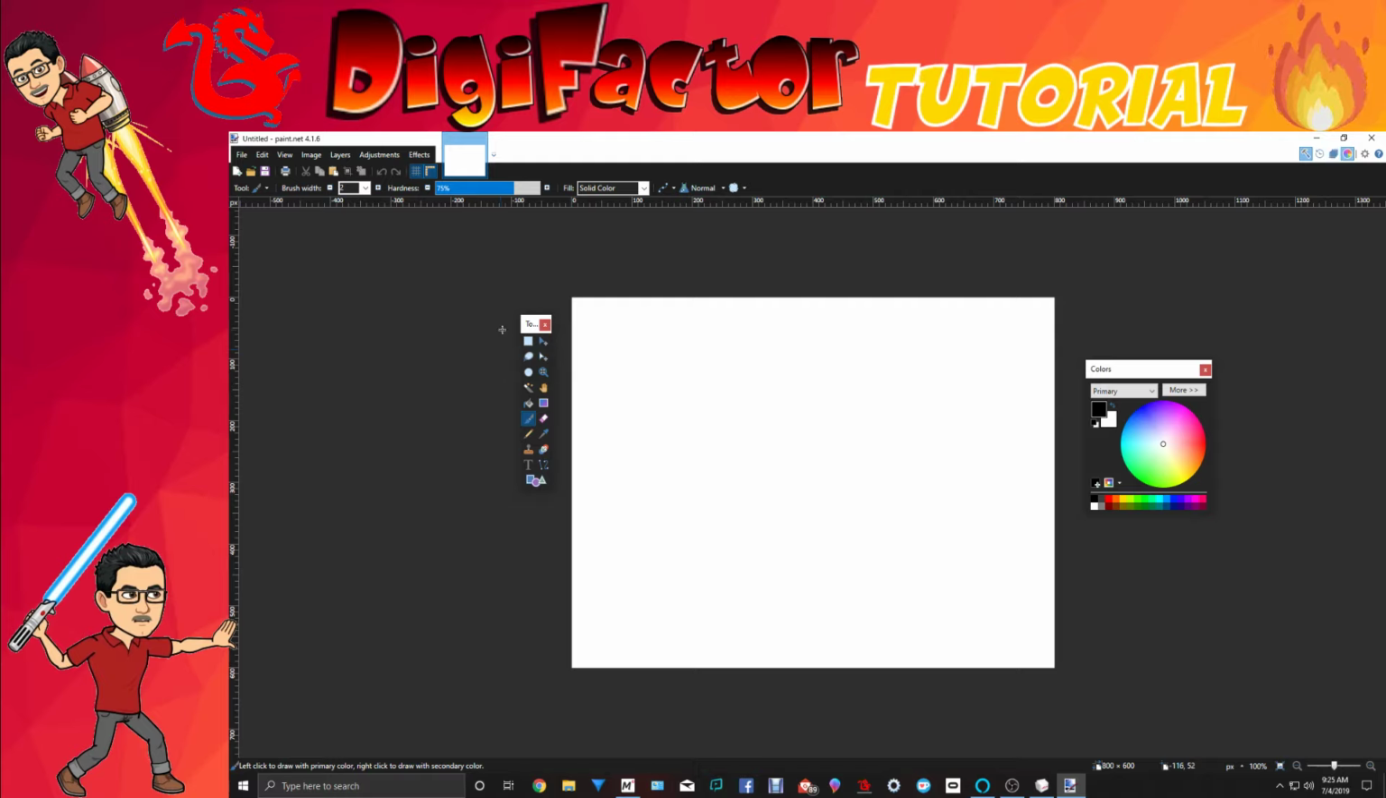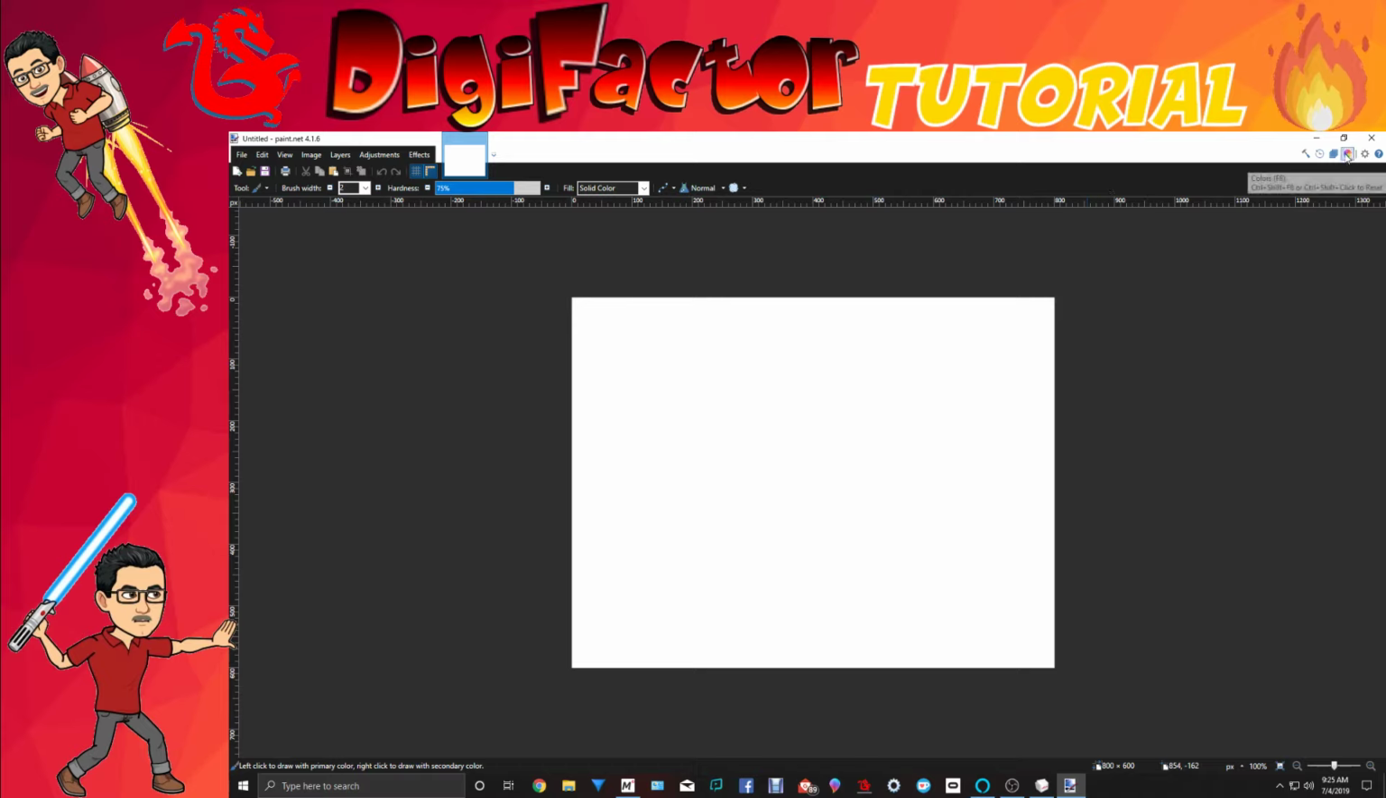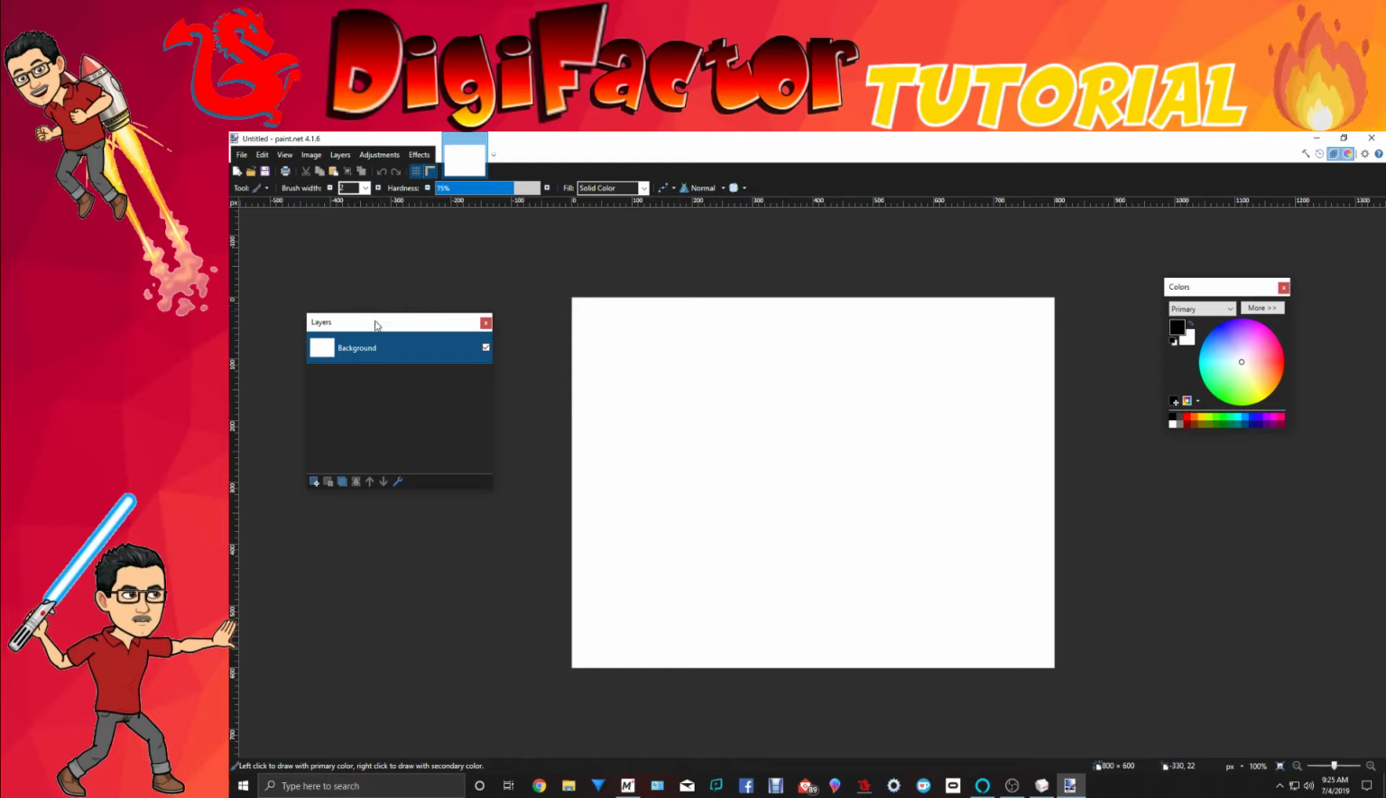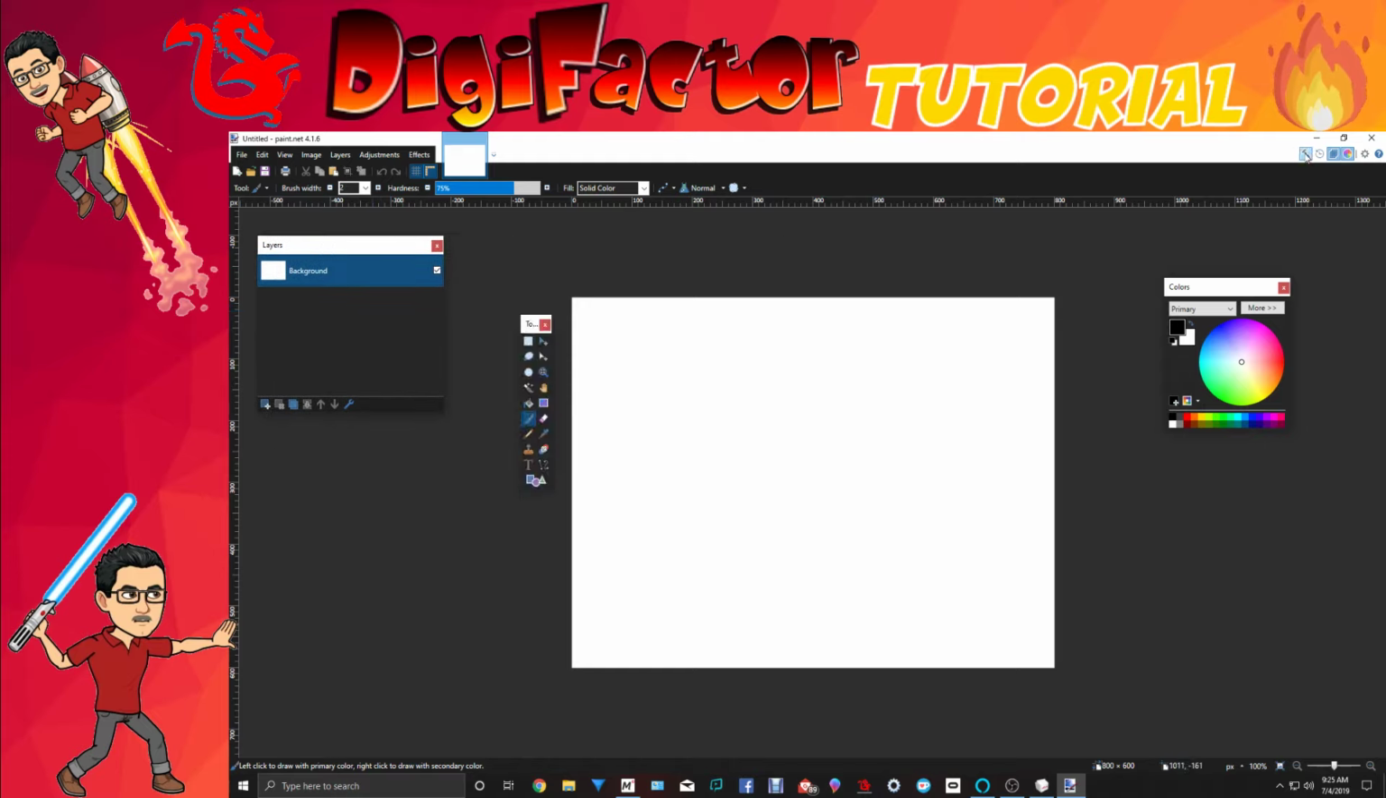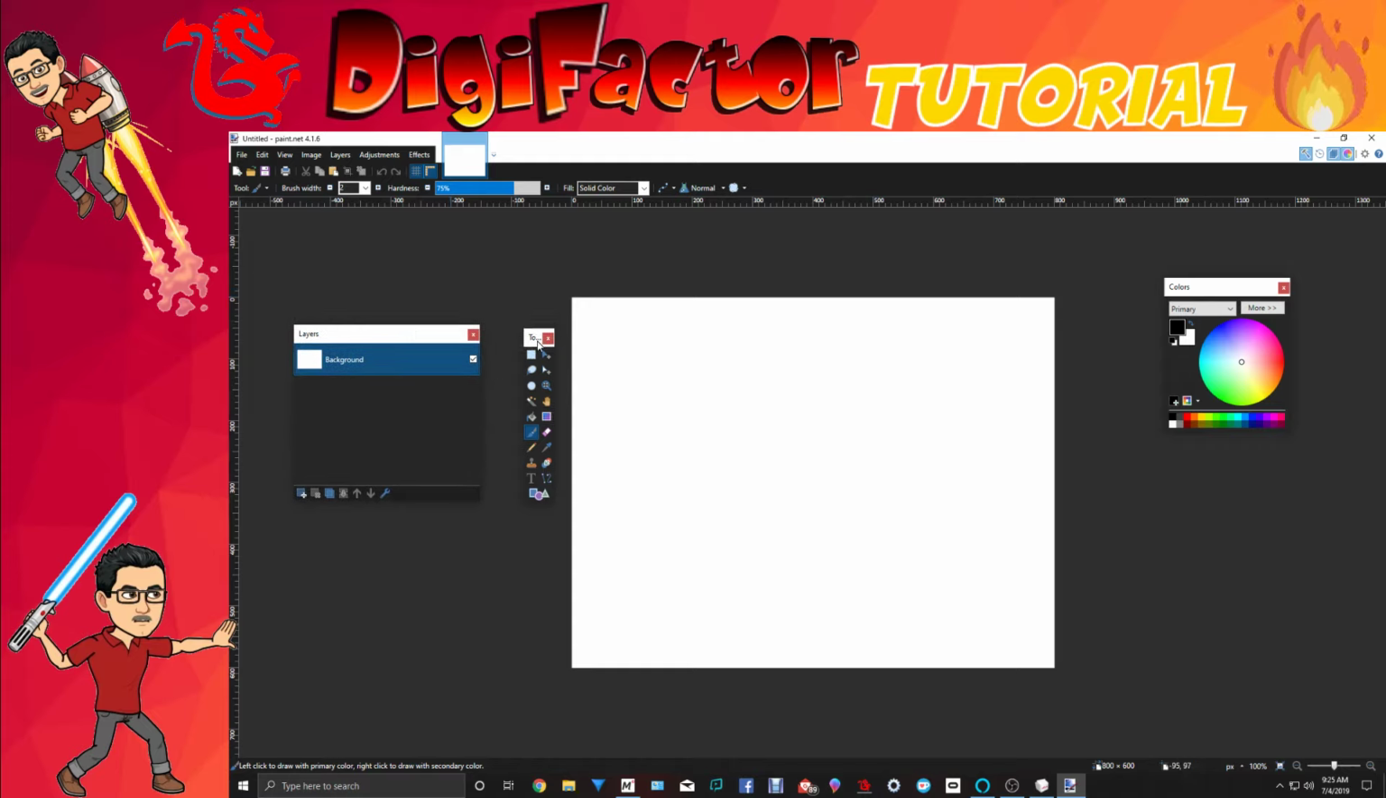Now if none of these are showing up like that, if you go over here at the top right hand corner, you'll see them right here. You can just click on it and then it'll bring up the color, and then you'll have your windows, layers window, and then click on the hammer and that brings them back. That brings everything back up. Okay, so